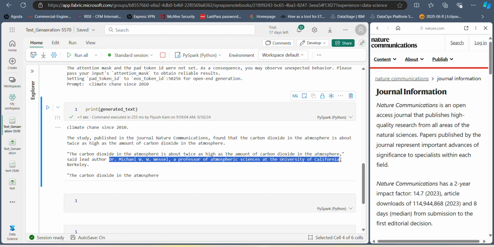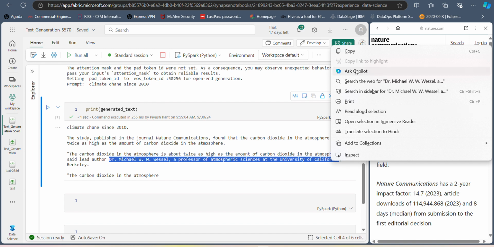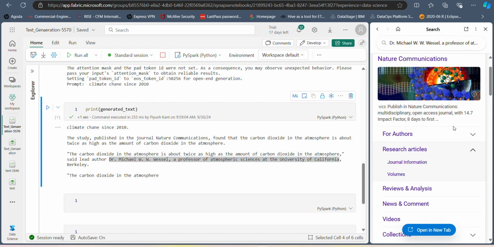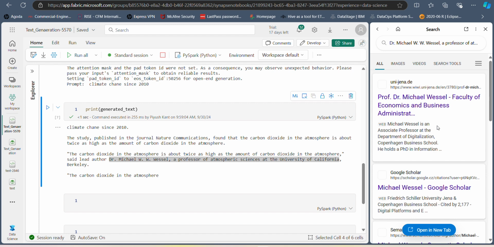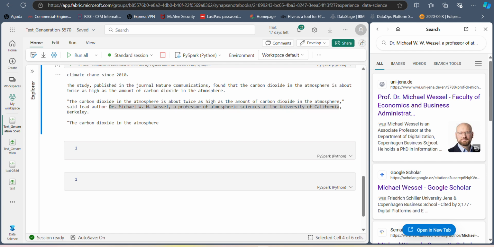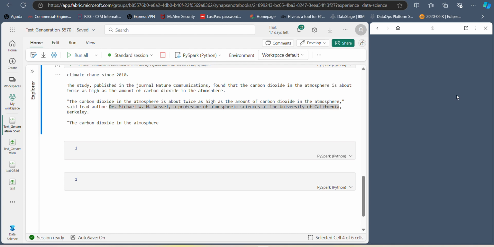Let's check this gentleman. Here you can find these two gentlemen, from the Faculty of Economics and Business. So here you can see that it is extracting the author details for you,